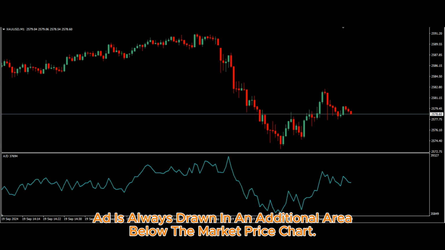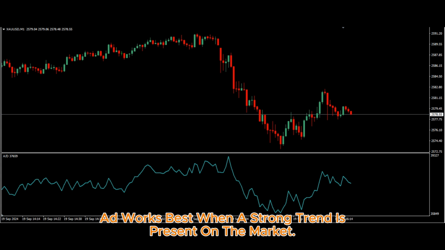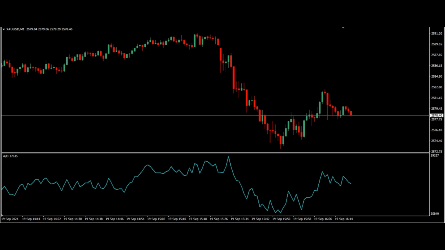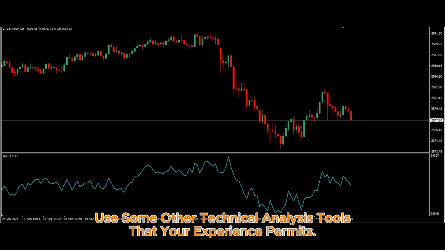AD is always drawn in an additional area below the market price chart. On the following picture, you can see an example of the AD oscillator. AD works best when a strong trend is present on the market. When the market moves sideways, it is better to refrain from trading or use some other technical analysis tools that